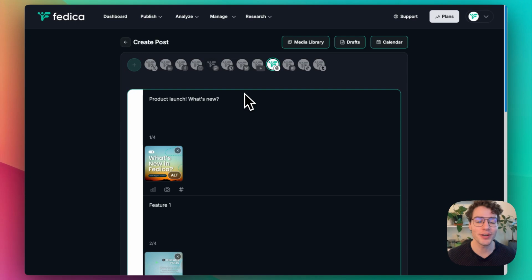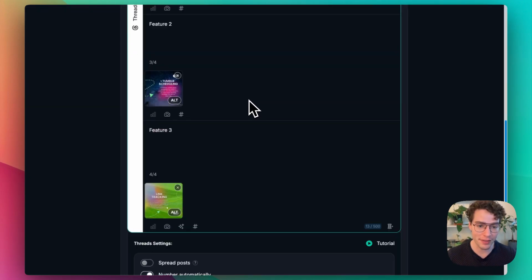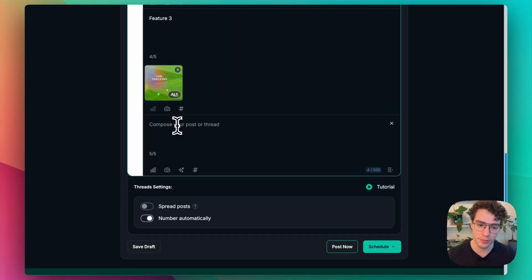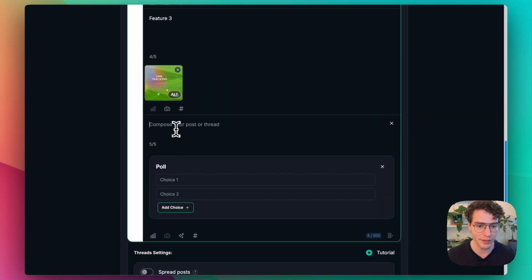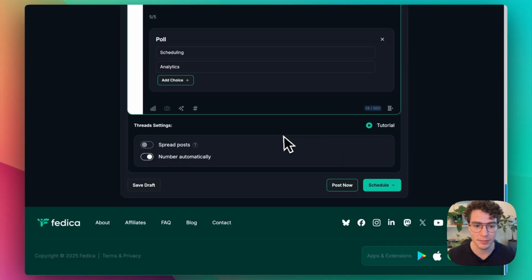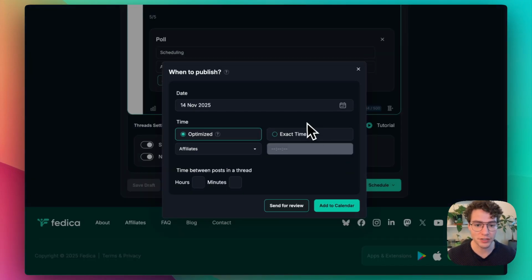So just to show you what it looks like when you spread your posts over time, for example, here we have the thread that we created for this thread that we want to spread over time. Let's add a poll here. So what next? Great. So we have that all set up, ready to go. Let's schedule it. Let's spread the posts over time, and then it's numbered automatically. And so you can schedule it to a queue that's going to pick the same schedule that you attach to that queue. But for us, we are going to make sure that it gets